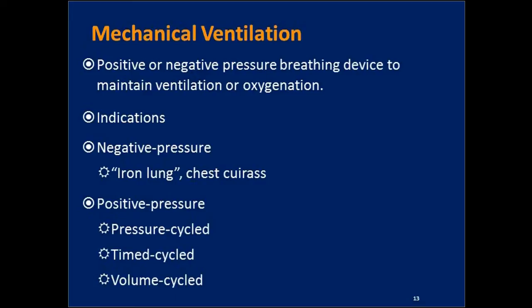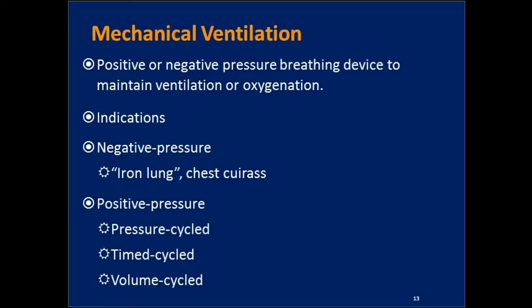Positive pressure ventilation, some reasons that we're going to use positive pressure. A patient who has persistent acidosis, meaning their O2 level is low and their CO2 level is elevated, they're acidotic, their body is not able to compensate this acidosis in a normal way. And we know that with persistent acidosis, with continuing to lose oxygen in the bloodstream and increase our CO2 levels, the patient is going to end up in respiratory failure. And so that is a primary indication